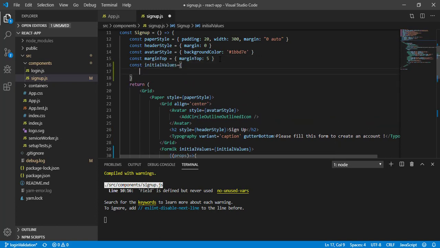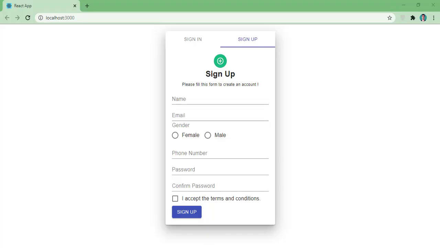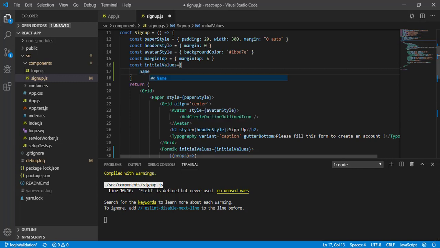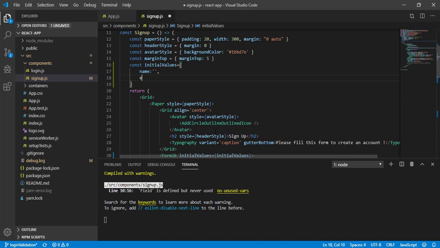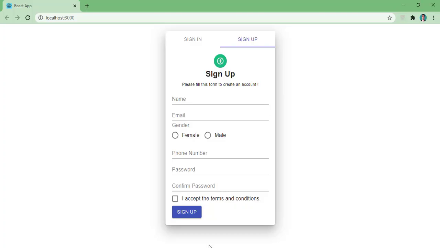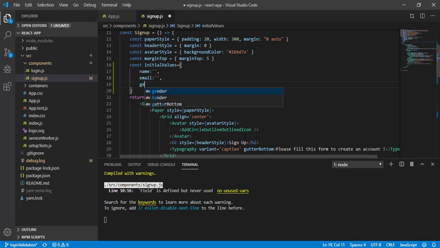This object is going to contain, first, the name, as you can see here. So let's call it name with an empty value. Second is the email, with an empty value. And the next one is gender, so let's call it gender